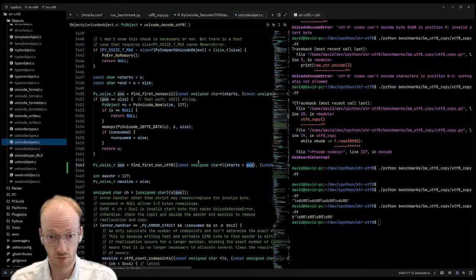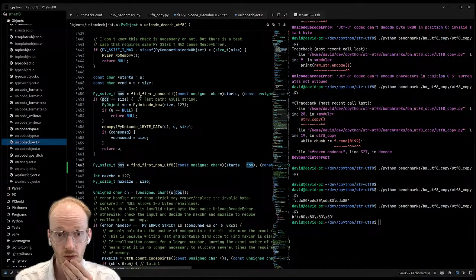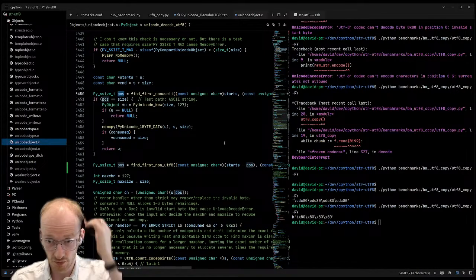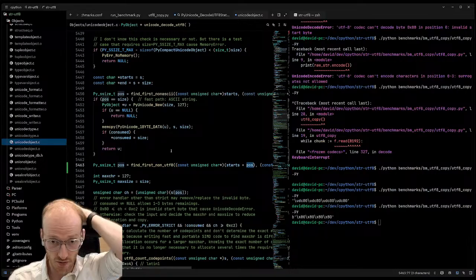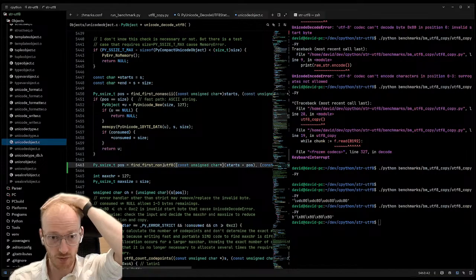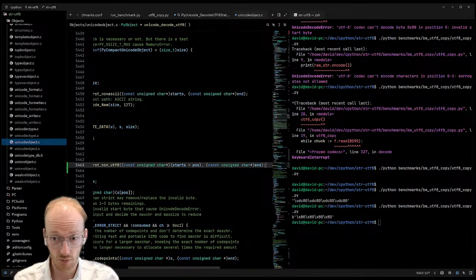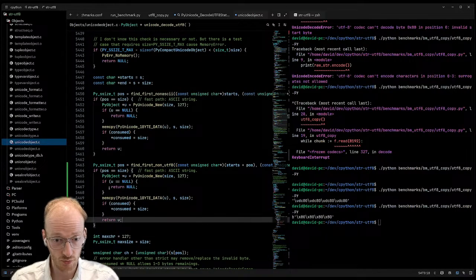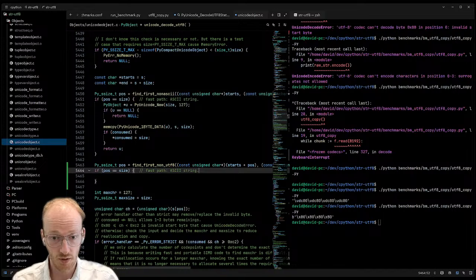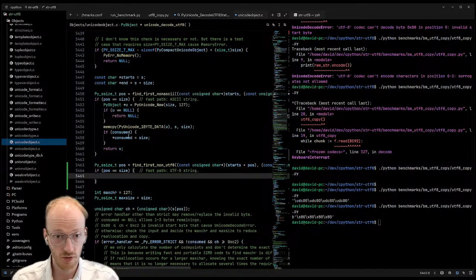So continue from, we found the first non-ASCII character there, so we can start there for our next piece of the algorithm. Yep. And then if pos equals size, we now have a fast path for UTF-8 strings.